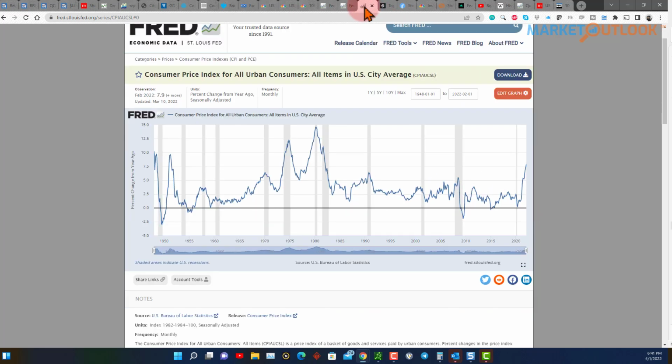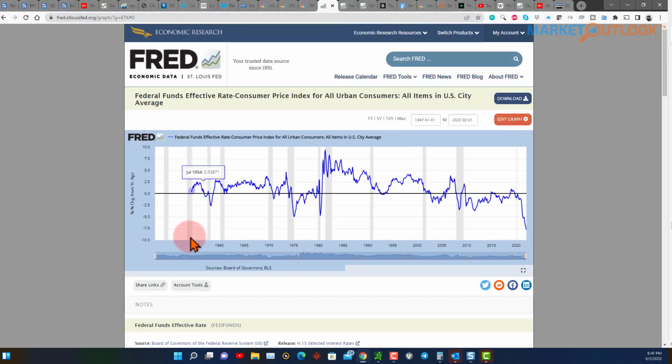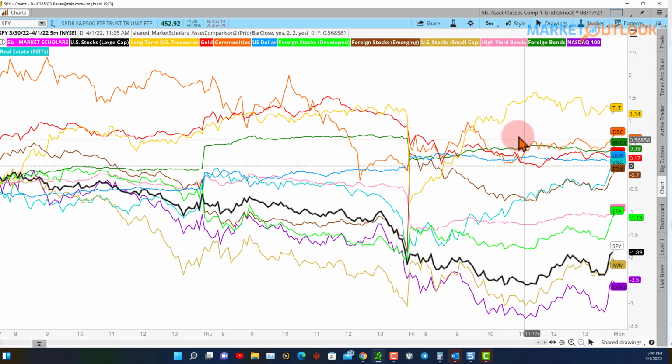With a real Fed funds rate, with a CPI that's above 5%, which is typically bearish. And also, you can see all these other 5% plus marks, post the early 50s, are all during recessions. So there's that, and then you have a real Fed funds rate that's lower than we have on record. So not your typical rate hike cycle, and I think that's what's putting the damper here